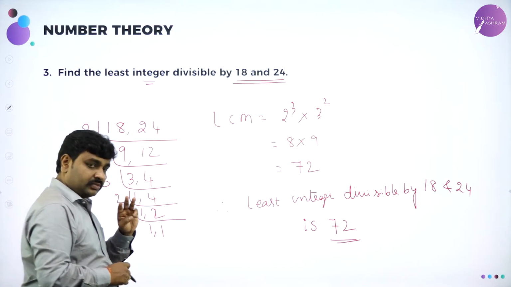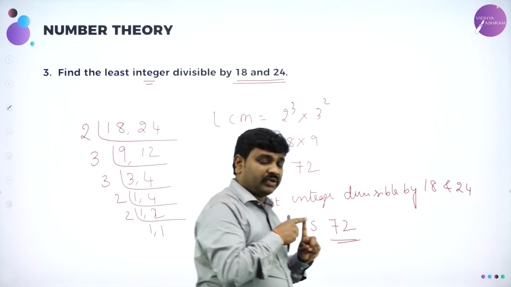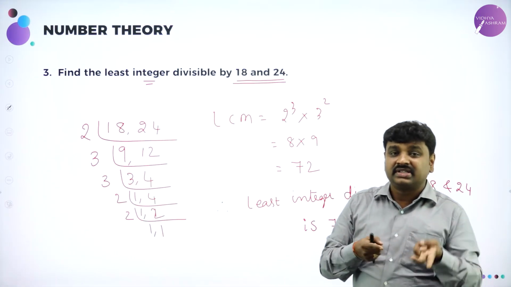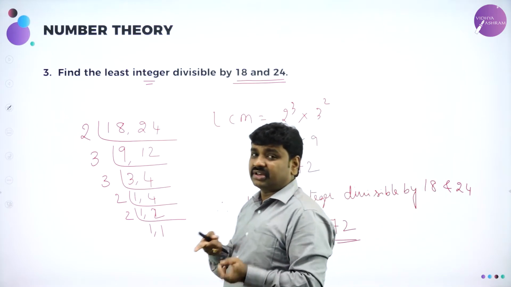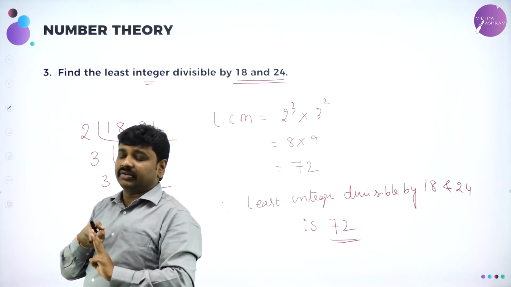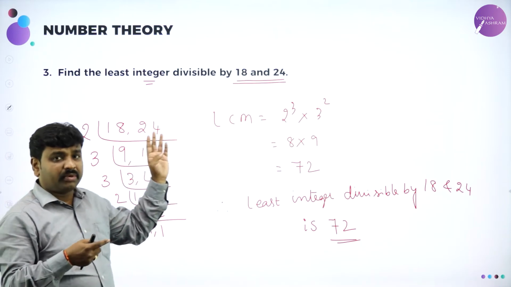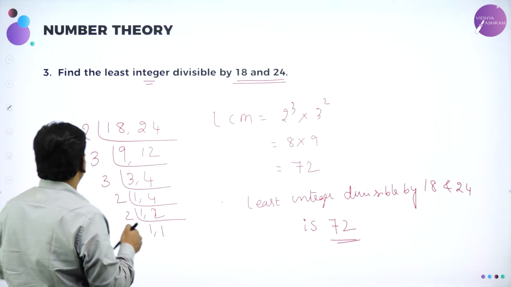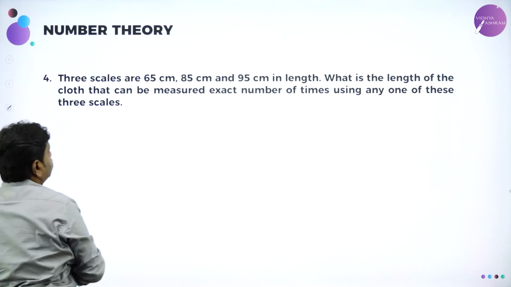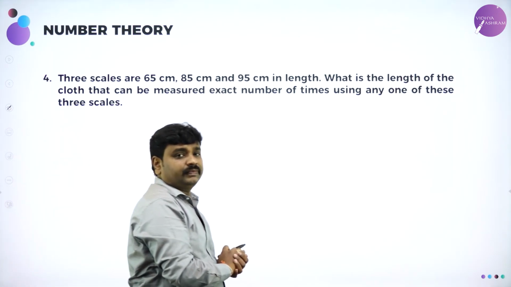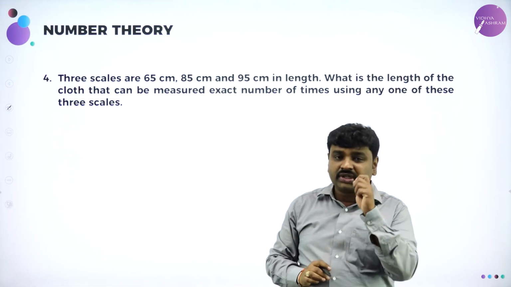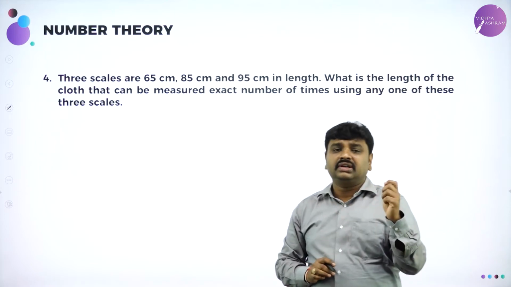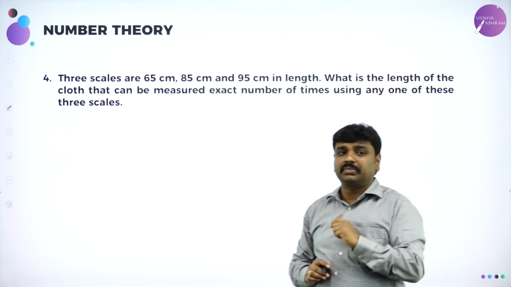Now we have done different problems. First problem we have done by the factorization method. Second problem we have done by the factorization method. Third we have done by the prime factor, what is it, the division method. Fourth number problem, they want the least integer, I used the division method. Now, word problems. So first read the question, understand what is given, and suitably see what is a better method.